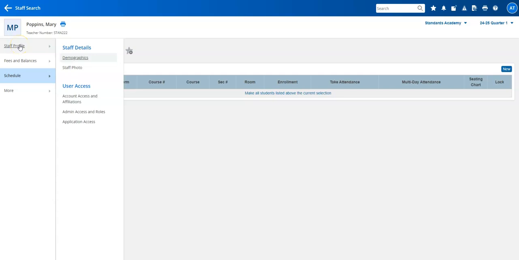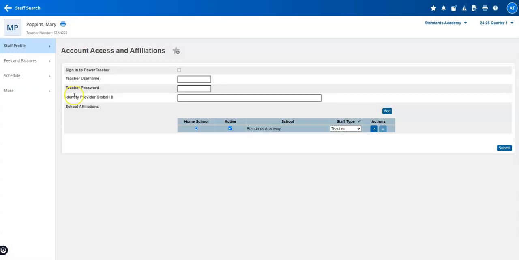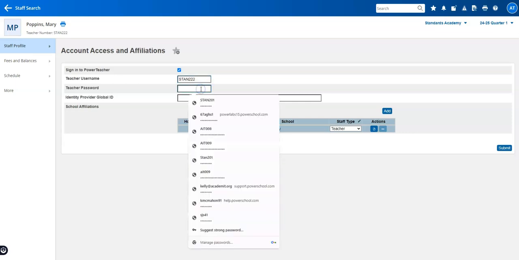So I'm going to click on Staff Profile, and then under User Access, Account Access, and Affiliations. If this staff member is going to be a teacher and needs to have grade books and have sections assigned and be able to sign in to PowerTeacher, you need to check this box, and you also need to give this teacher a login for PowerTeacher. You should just make the username the same, and then